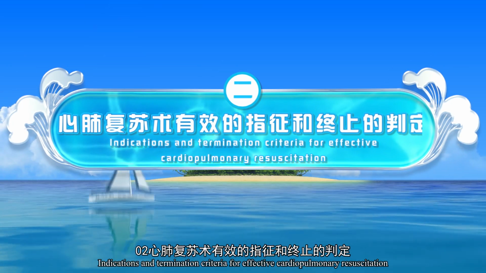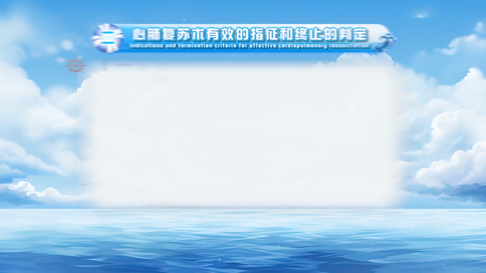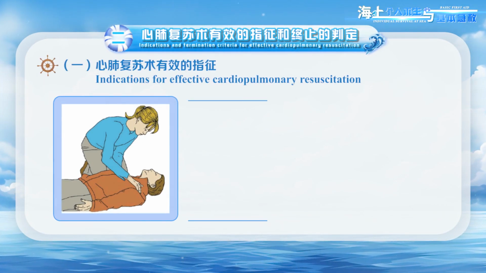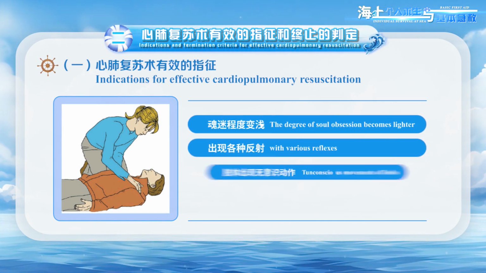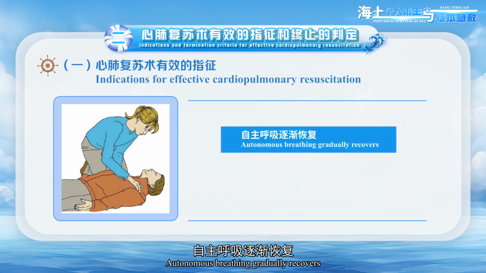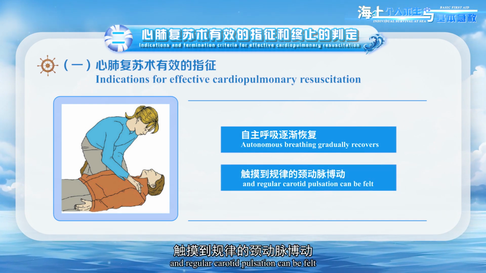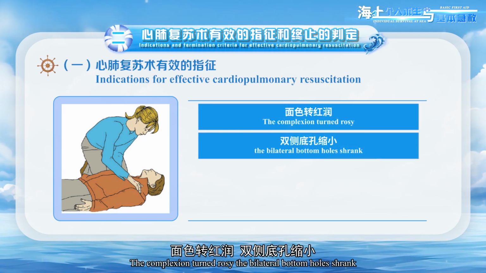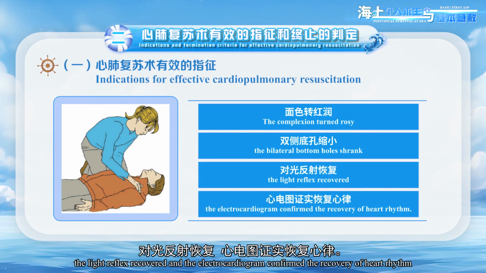2. Effective indications and termination criteria for cardiopulmonary resuscitation. Indications for effective cardiopulmonary resuscitation: the degree of unconsciousness becomes lighter, with various reflexes and unconscious movements of limbs and mouth. Spontaneous breathing gradually recovers, and regular carotid pulsation can be felt. The complexion turns rosy, the bilateral pupils shrink, the light reflex recovers, and the electrocardiogram confirms the recovery of